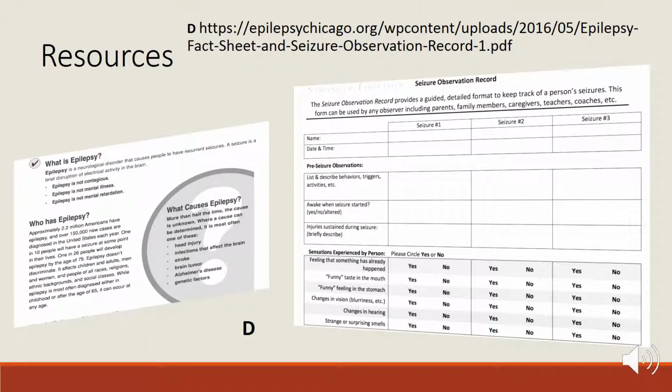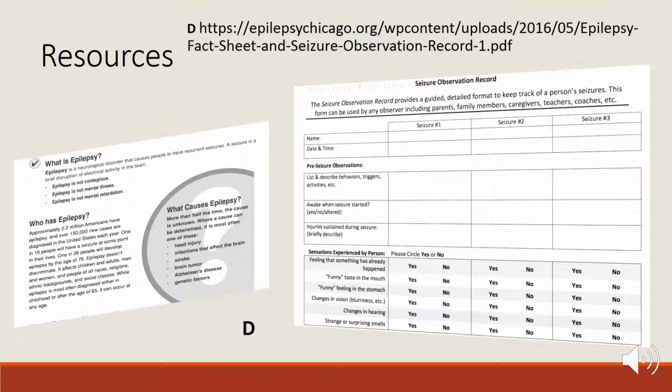Resource D is a fact sheet. This has got to be the best fact sheet that I have found for a disability or disorder by far. This has information about what is epilepsy and seizure disorders, symptoms, categories, and if you look on the right, it also has a seizure observation record. So if you remember the 3 important things for differentiating the symptoms, which are the onset, an individual's awareness, and movement, it takes that and puts it into this observation record. But it does it on a whole new level.